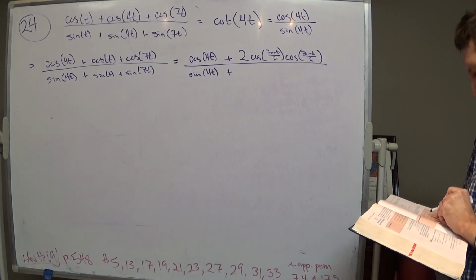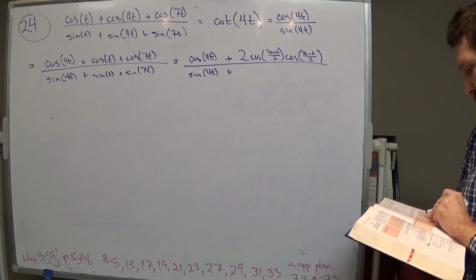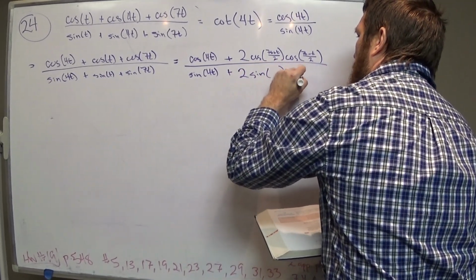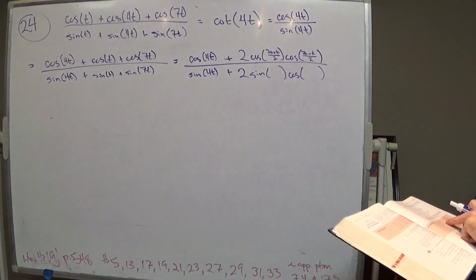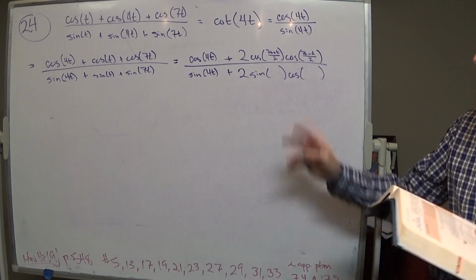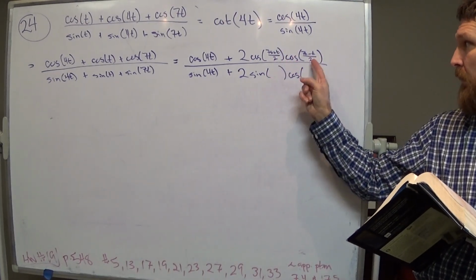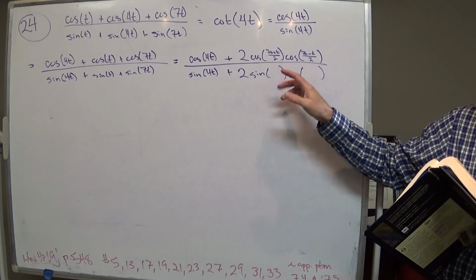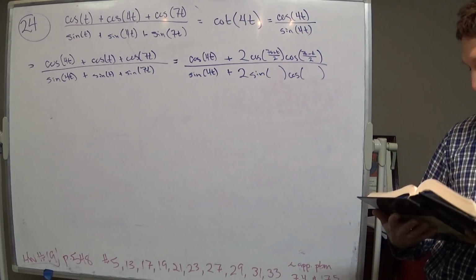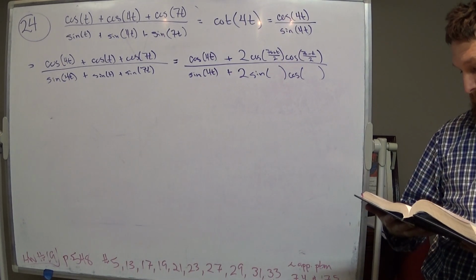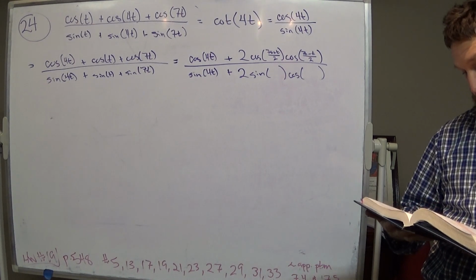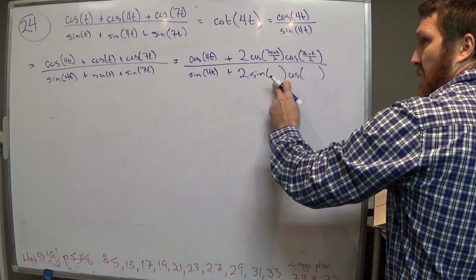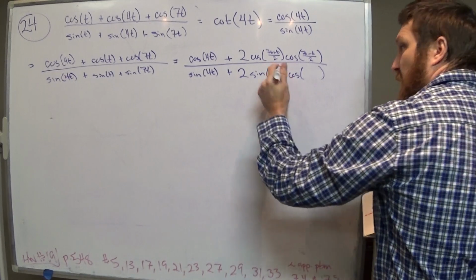Sine, it says 2 sine cosine. So I'm going to go 2 sine cosine. Now I want to make sure I don't mess these up because it's not the same. It wouldn't matter if you had swapped them when it's cosine, cosine. Now we have a sine and a cosine, so I have to be very careful of which ones I put in what. This one says that the difference goes into cosine, and the sum goes into sine. So the sine gets 7t plus t